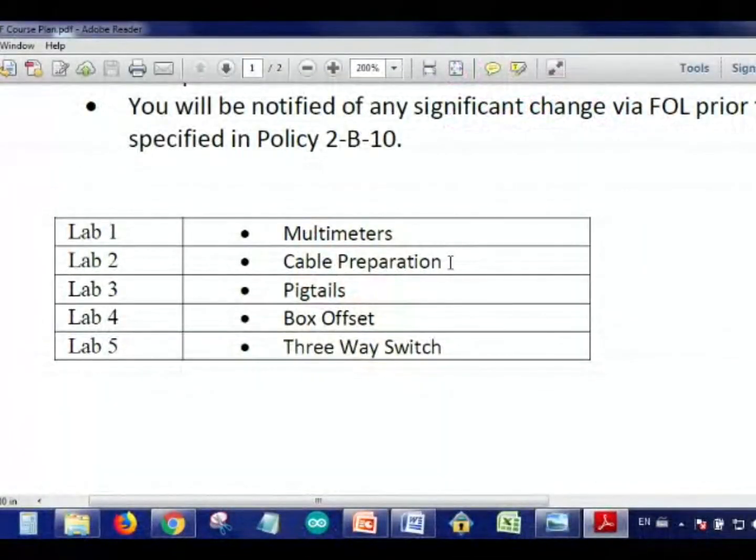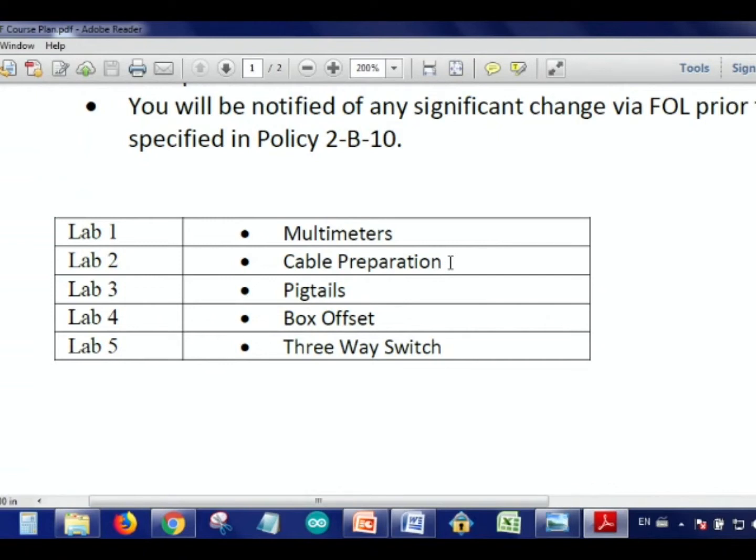And we're going to put that onto a duplex receptacle, and you're going to be evaluated on what you do. And you're going to have an in-class demo on how to do this. In lab 3, pigtails, you will know what that is. It's basically using the wire nuts, the red connectors, to join wires, and there's a certain technique that I want you to know how to do.